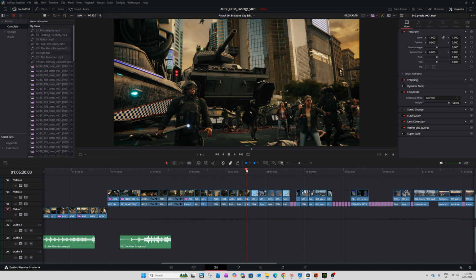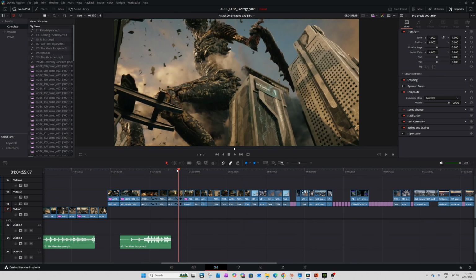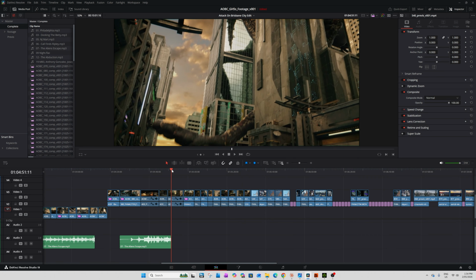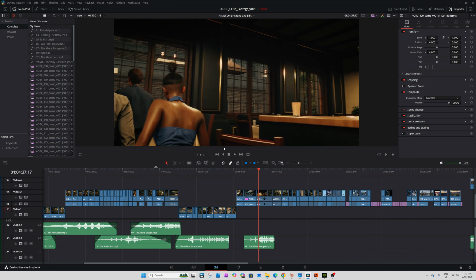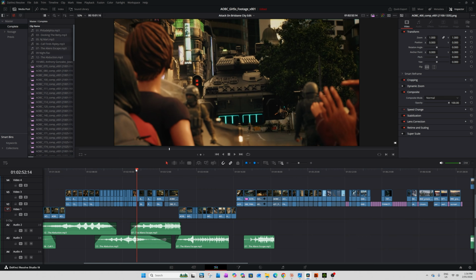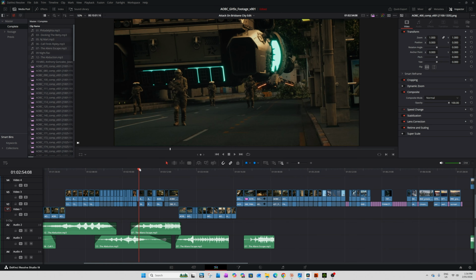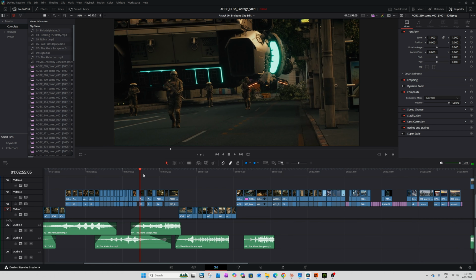It's a mega tank too. It's huge. Let me see if I can show the scale of it. Yeah, so it's like gigantic. Let me just mute that.